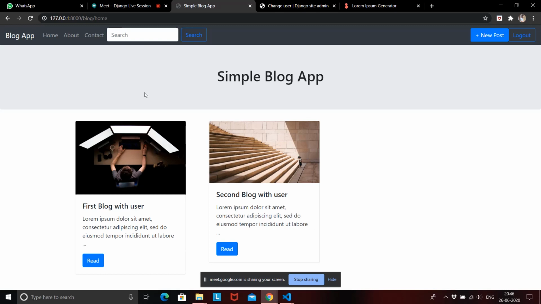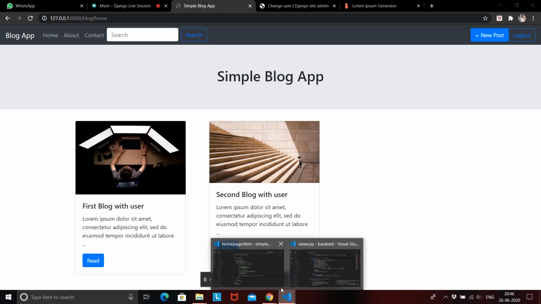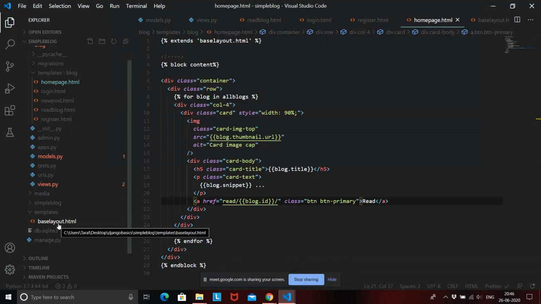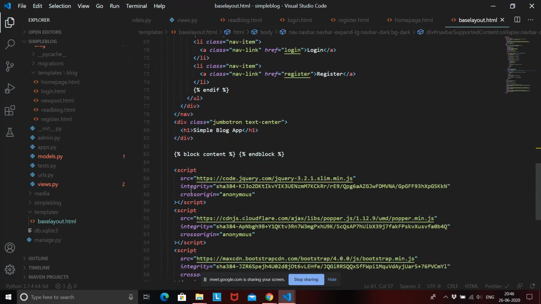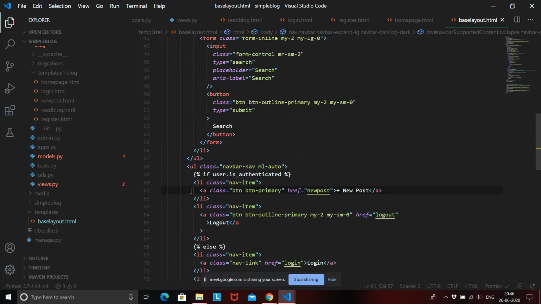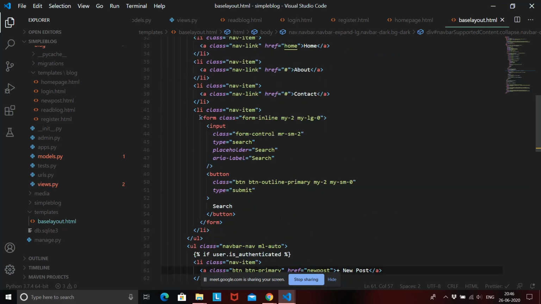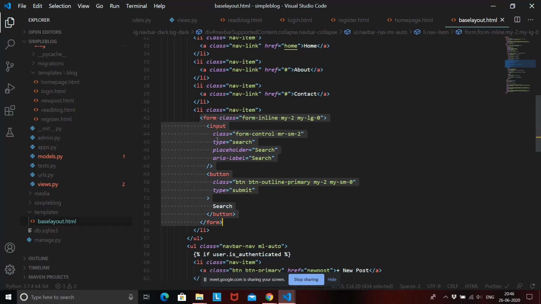So if we go back to where this search button or the search form is, this is basically inside our nav bar. So let's go to the nav bar, and the nav bar is inside the base layout, right? So if we go to the nav bar and look for the search button, search is over here, and here you can see this is a complete form with a button, right? So this form has an input and a button, and that button is going to submit this form to a URL that we will be going to write. Now the first thing we need, if we have an input, we should have a name for that input, right? So let's give it a name.